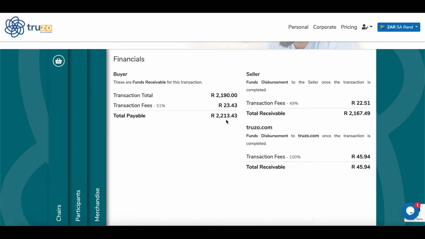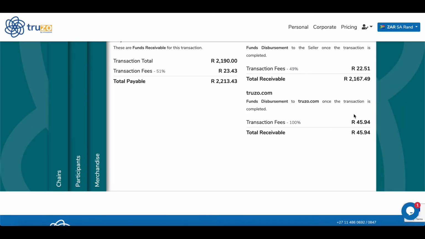So these are the fees which are now due to Truzo for us securing our funds or securing the transaction on Truzo. And this is what is going to be dispersed to the seller once the transaction has been completed and the buyer, myself, is happy with the chairs that I've received from the seller. So a total receivable will be the transaction total less the transaction fees of Truzo. And then here you'll see the total fees of